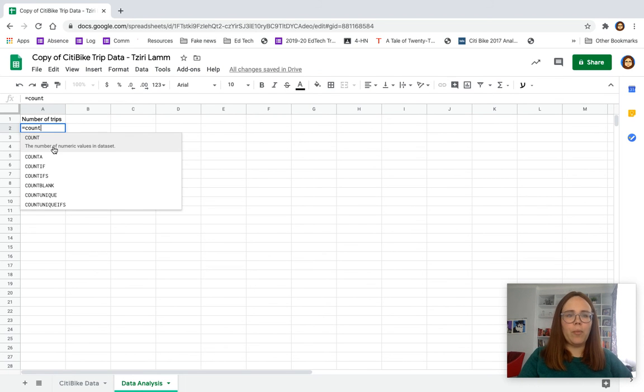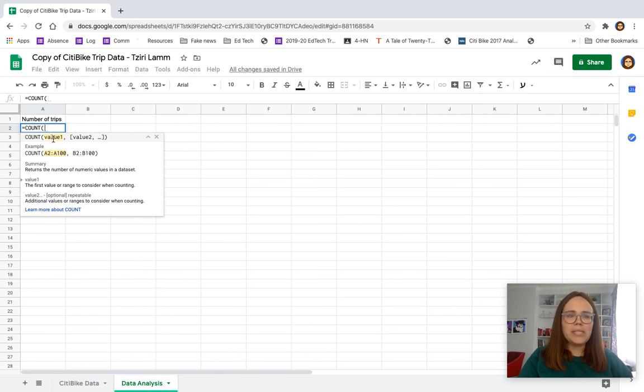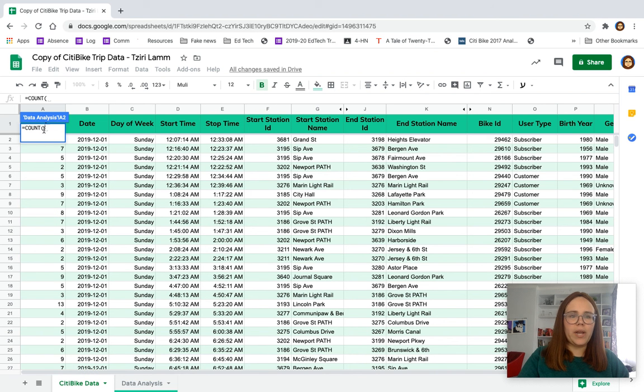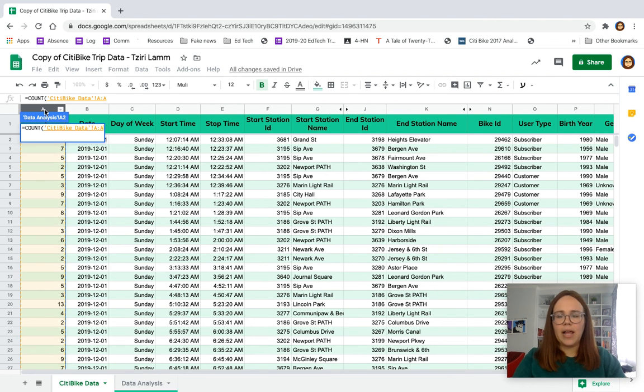We're checking for the number of numeric values in a data set, and we're going to click here. So now it's asking us for a value. So what we're actually going to do is we're going to go back over to our first tab. We're keeping this open, and I can see that it's open because it's still showing up here, and I'm going to just click on the A. What this is doing is it's selecting the entire column A, and it's going to count how many values are in column A. I press enter,